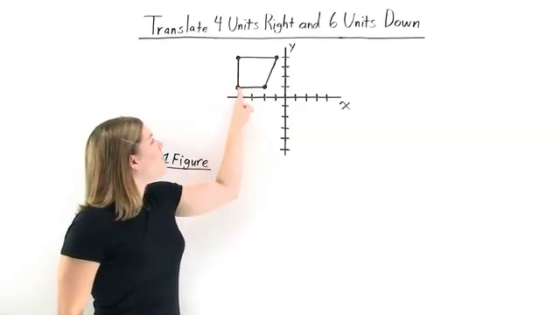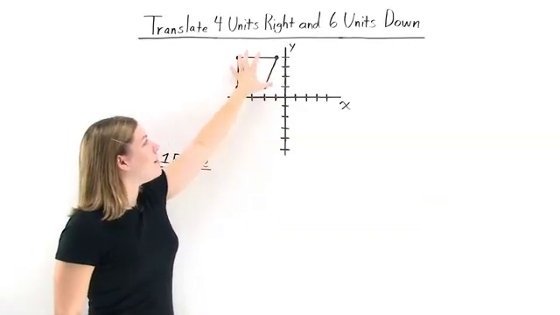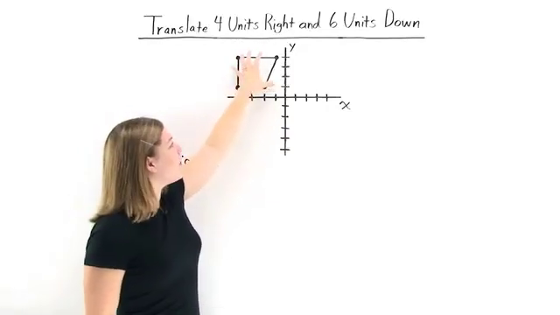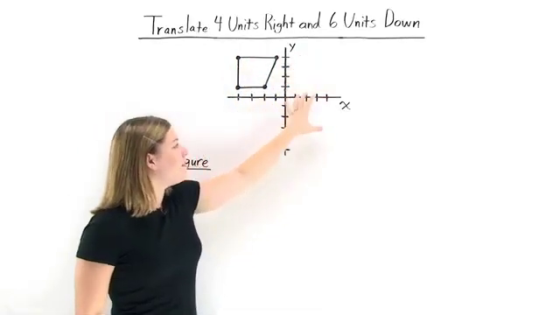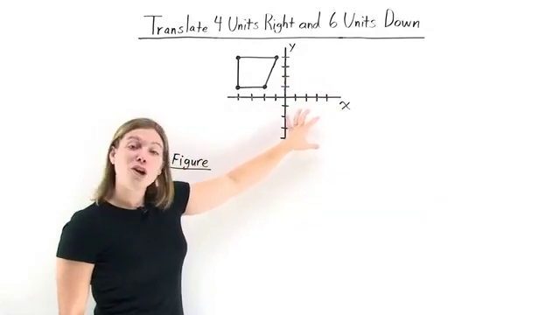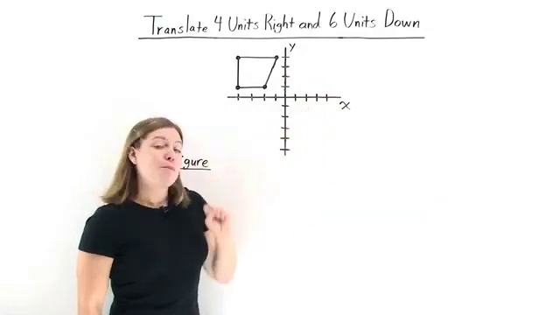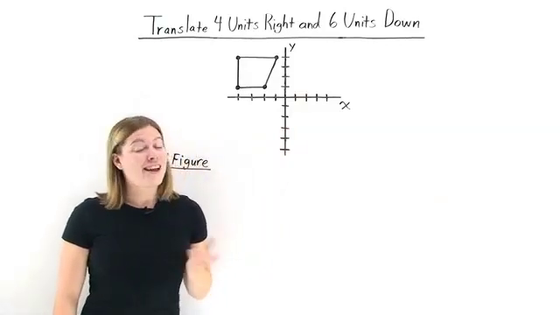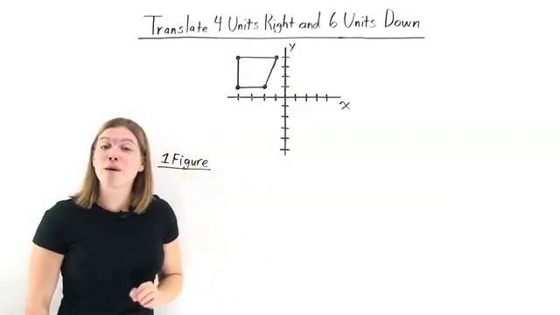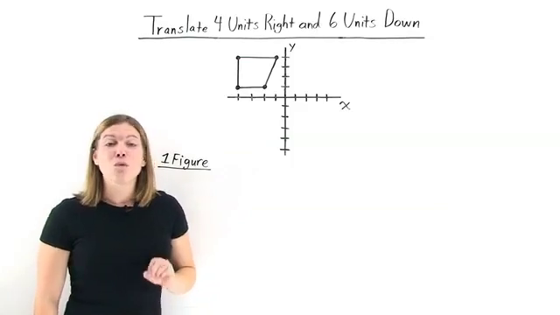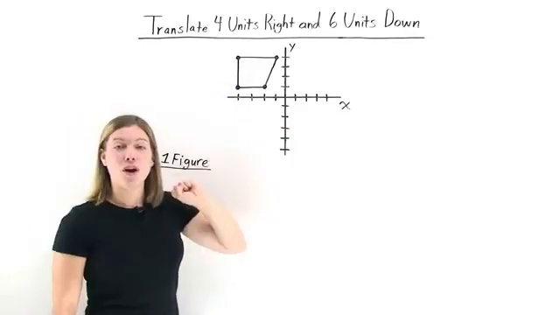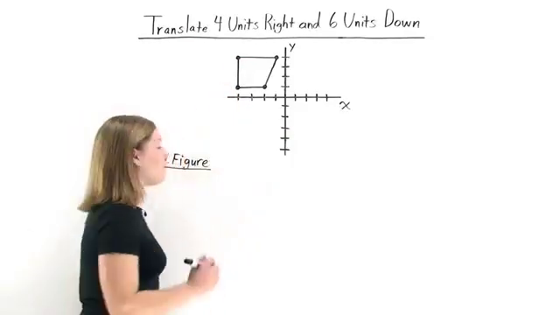So here we've been given this figure, and we want to take this entire figure and translate it 4 units to the right and then 6 units down. So our new figure, or our image, will be somewhere down here. But to see exactly what it will look like and exactly where it will be, we need to be a bit more specific. So, rather than translating the whole figure at once, let's just pick one point from the figure